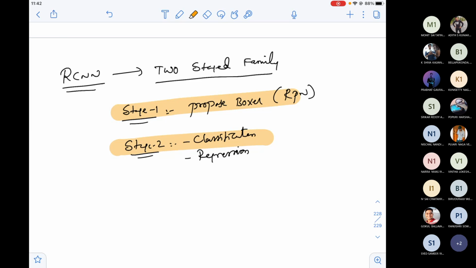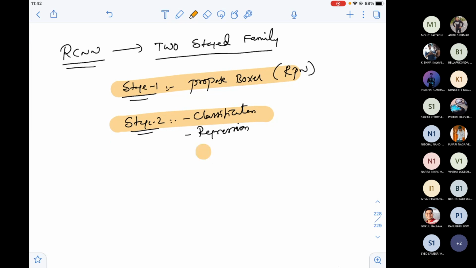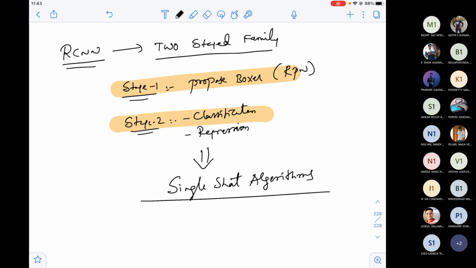Okay, we'll see that. For that, we have a family of variants, many variants, actually called single shot algorithms. As the name itself says, single shot. These are double shots.